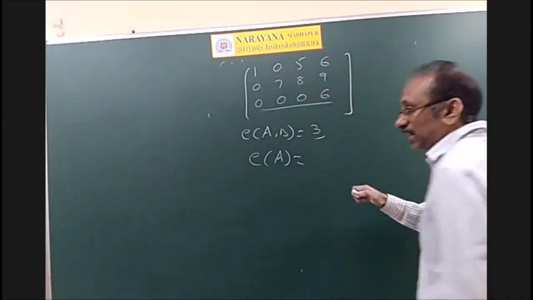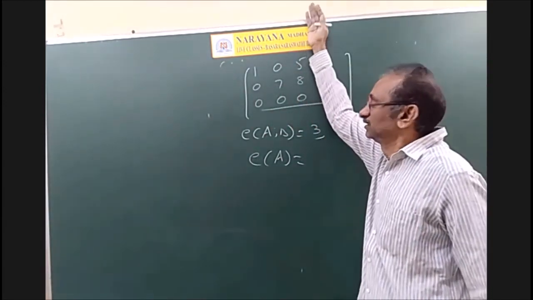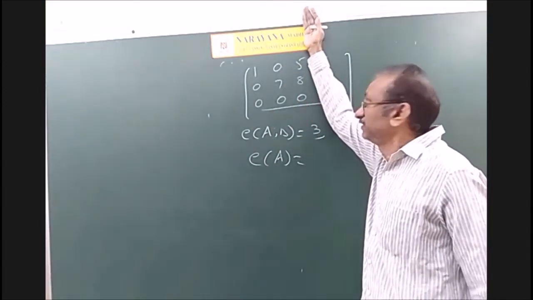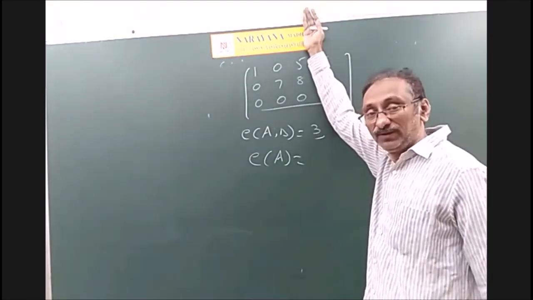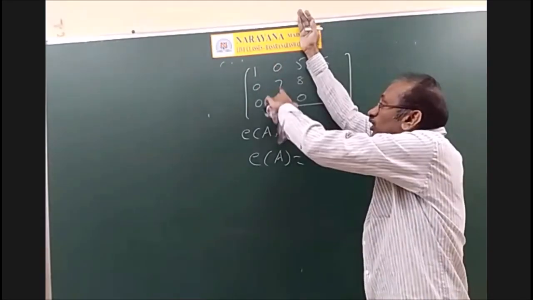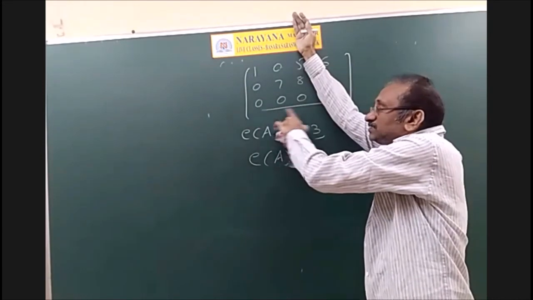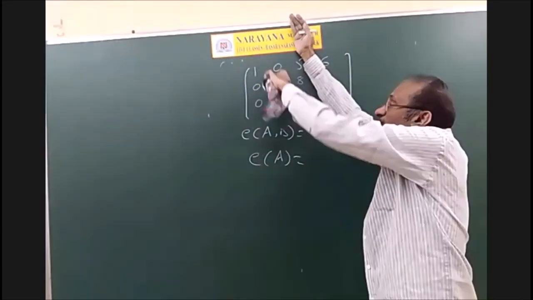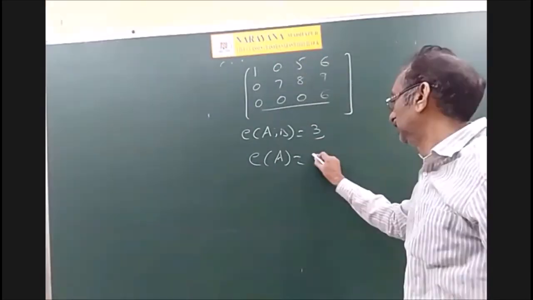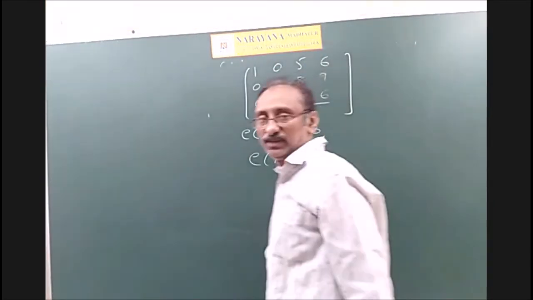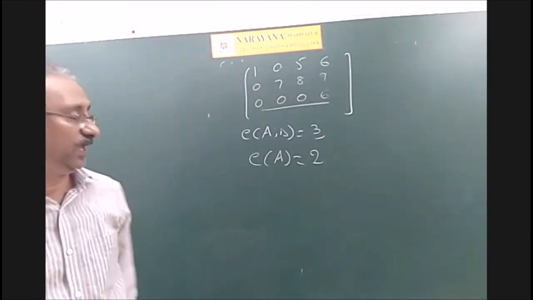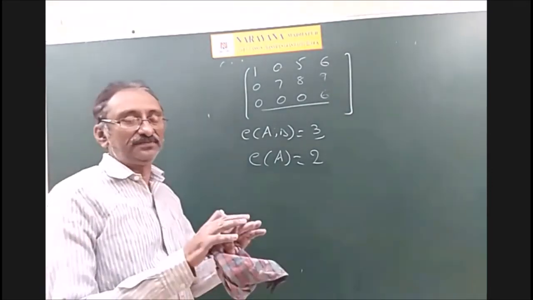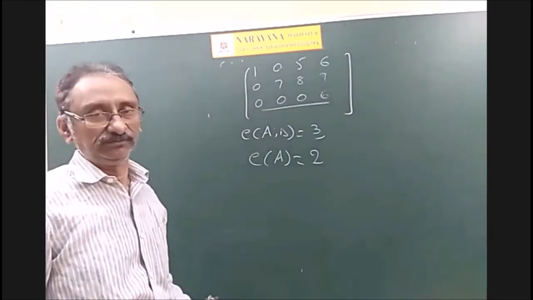And what is the rank of A? To find the rank of A, close this. That is A, and that is also in echelon form. But what is the number of non-zero rows? Only 2, and this is considered to be a 0 row. All elements are zeros. So the number of non-zero rows is 2. Therefore, rank of AB is not equal to rank of A, and therefore the system has no solution.